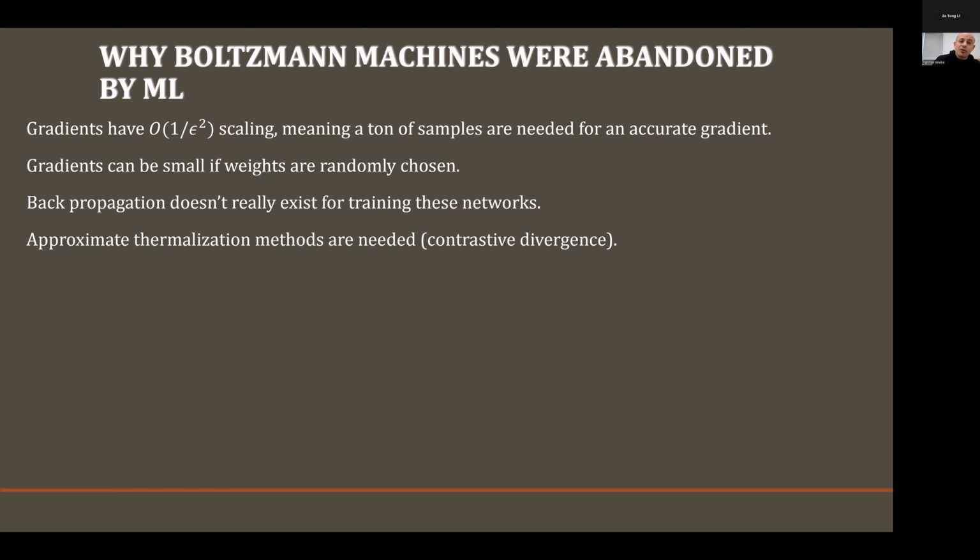But this was a horribly bad problem that has actually been rediscovered in the quantum machine learning literature, where it's now known as a barren plateau problem. The other problem is, there's no fast backpropagation algorithm for this, because of the order 1 over epsilon squared optimal training methods, and also that approximate thermalization methods are needed because what we need to